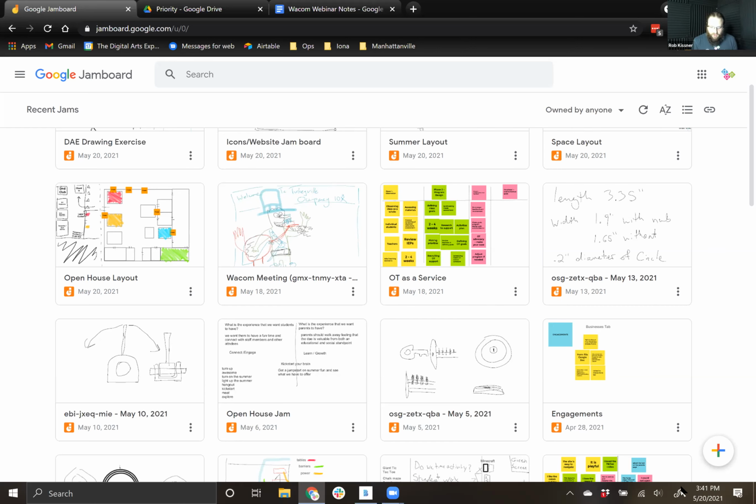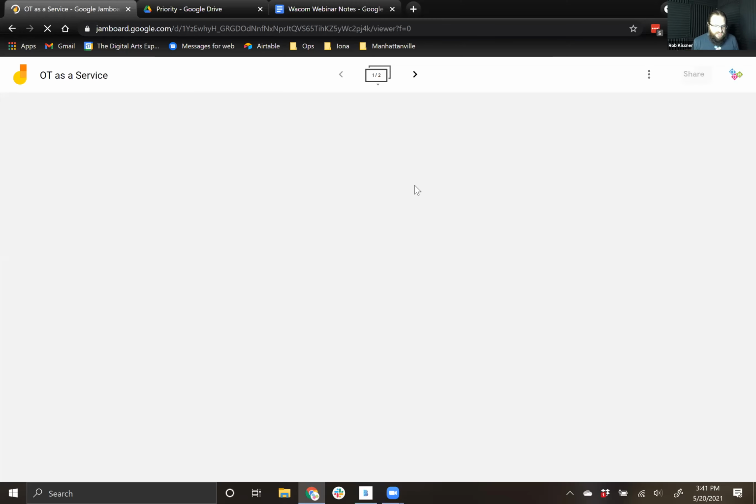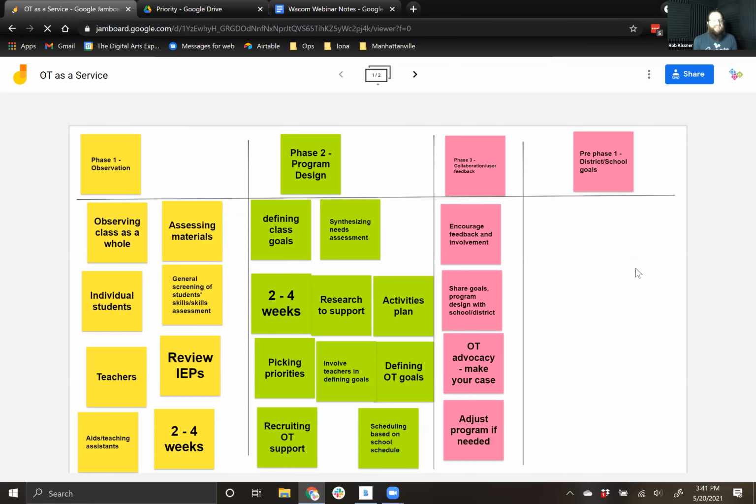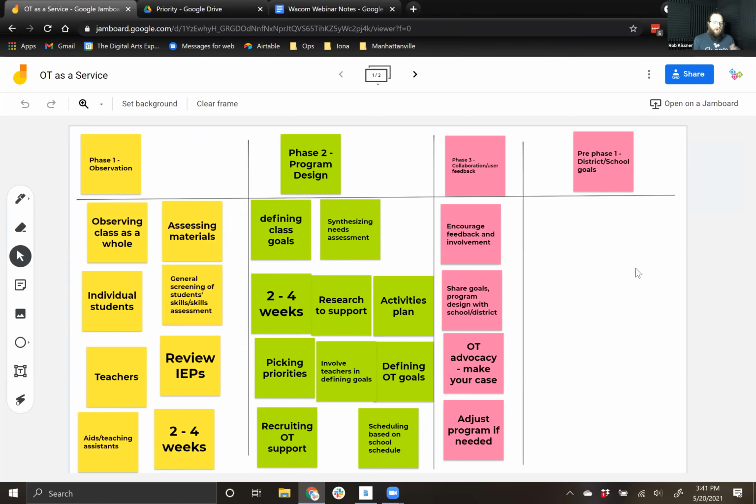But what the professor wanted them to realize is that occupational therapy is not just the work that's done with the kids, it's also a service, meaning that you need to understand the needs of the classroom teacher and what you're adding to their workload, what you need the administration to understand, what you need the parents to understand. So we came in and applied some design thinking concepts and started putting together a lo-fi prototype of occupational therapy as a service. We basically started breaking down how a given school year would work in different phases.